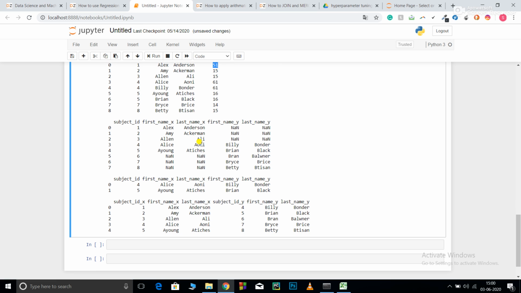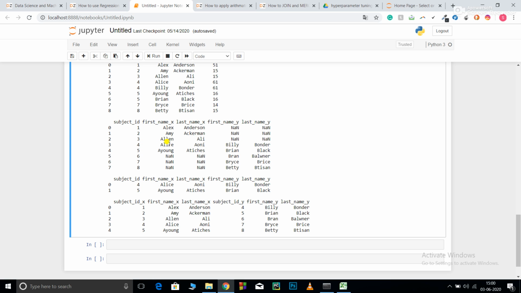Now after that, over here I am doing an outer join. So you can see what outer join means. Now it is a union. For example, for 1 to 3 we had the common subject IDs which were represented like this, which was not common in both, so it gave us the NaN values because I concatenated on the basis of subject ID. Now for 4 5 it had first name underscore x, last name underscore x, that was common in both,